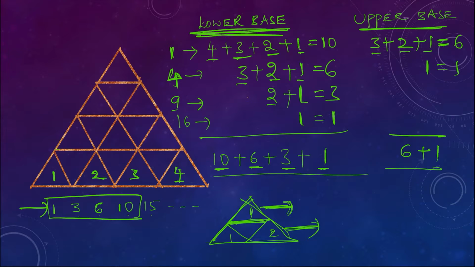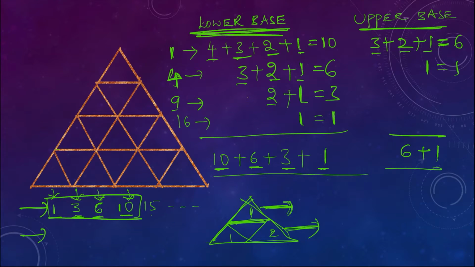Why we are taking here 4? If you observe here 4 are there means definitely here upper 3, 2 and 1. So here sum of first 4 natural numbers, it is 10. Sum of first 3 natural numbers, it is 6. Sum of first 2 natural numbers, it is 3. So only one natural number, that is 1. Indirectly we are taking that. That is lower base triangles indirectly. So now we have counted lower base. This is single, this is 4 triangle combinations, 9 triangle combinations and 16 triangle combination.